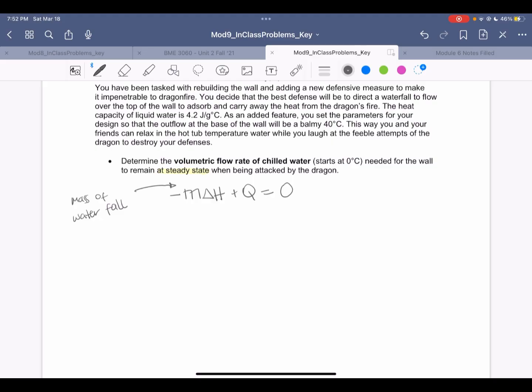And in this particular case, we do want everything written in terms of flow rates. So I'm going to change it here. Oh, and this should be specific. And here, right? Okay. So this M is referring to the mass of water that's flowing through that waterfall. And if you think about it, this delta H, the change in enthalpy, is a change due to change in temperature,